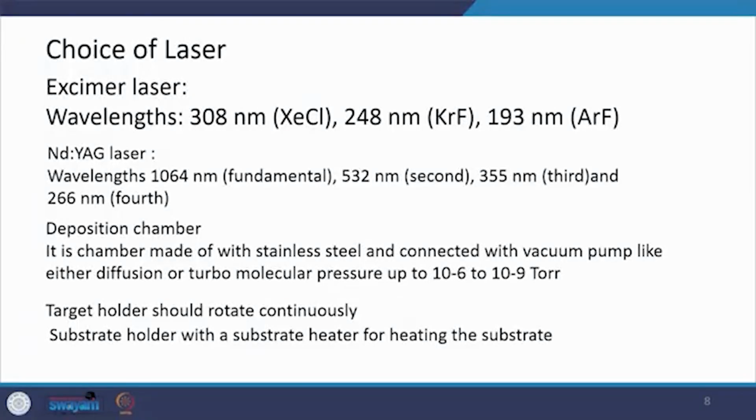Now, as I have told you, there are wavelengths available from the excimer lasers. By changing the gases, excimer lasers are routinely used. It is very useful because the wavelengths are available in the ultraviolet, or UV, range. By changing the gases you can have different wavelengths: if you use xenon chloride you can have 308 nanometer, or if you use KrF, krypton fluoride, you will have 248 nanometer,